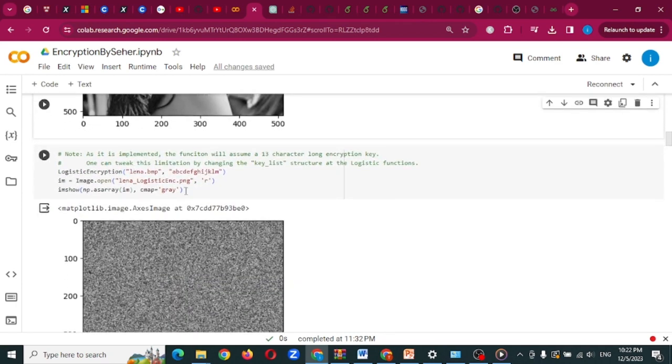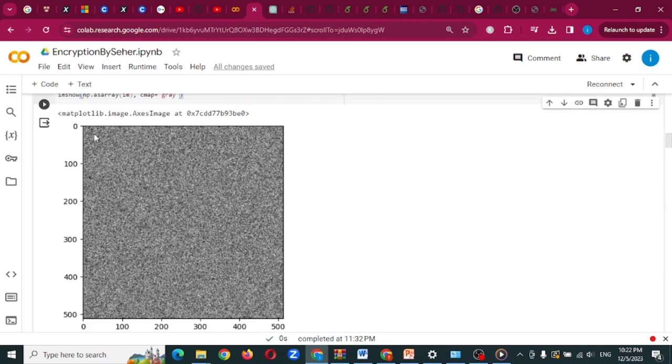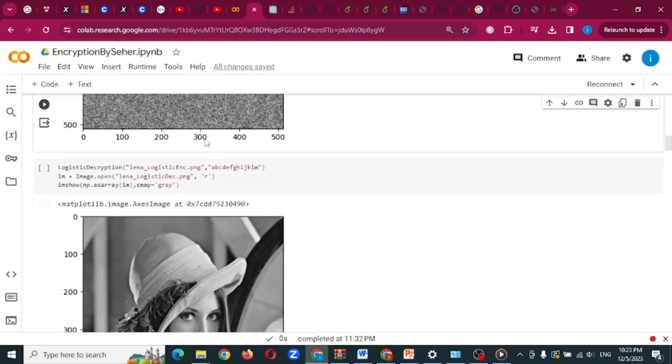Okay, here is the important part of the encryption process. Logistic encryption is applied on that image. You can see the image name with the extension of that image, and also the key which we have already defined in the previous cell. This is the key for that image which will be applied for the encryption process. Now the image is in the encrypted form. In the next